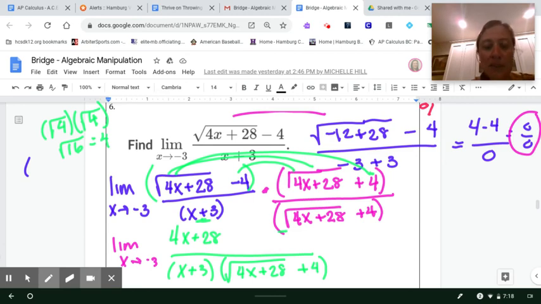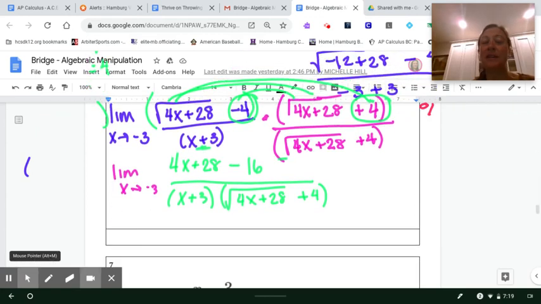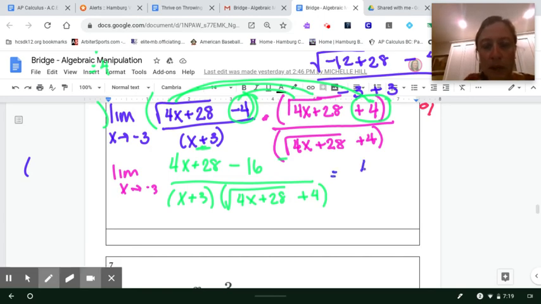And then I'm going to do my last term. Negative 4 times positive 4 is going to get me a negative 16. So again, my middle terms canceled. You are welcome to write it down, but you do not have to. And I'm going to clean this up. Actually, in calculus, the less work you show is better, but we'll get to that point. So I'm going to clean this up just over on the side because I'm running out of room here. I have 4x. What's that going to get me? Plus 12